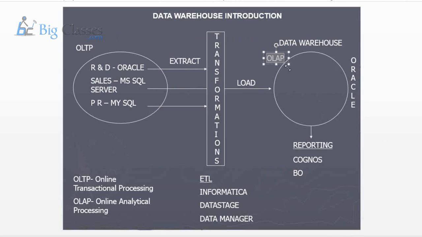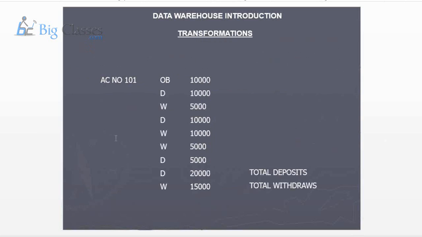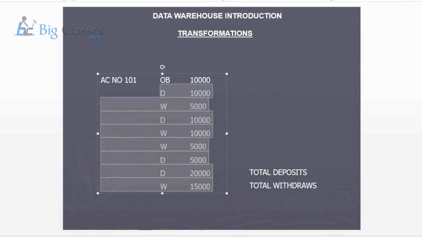See, if I want to run my bank, I need to have all these details, right? If I delete these records, then what happens? My business will be gone. I need to maintain all these details to run my business. And these details are useful for me to do analysis on my running business. Clear? OLTP and OLAP.